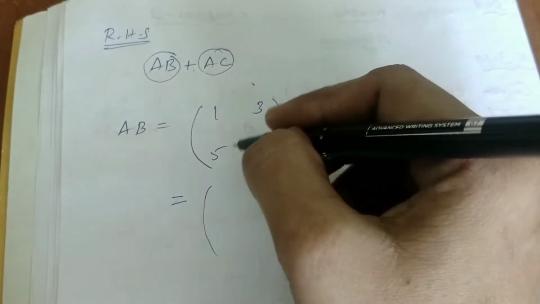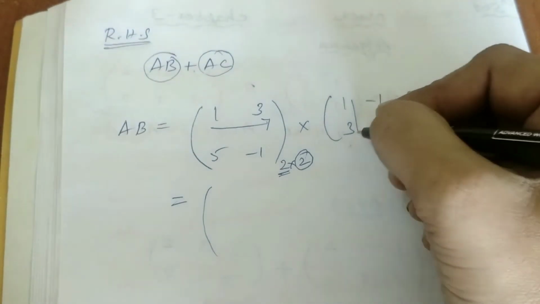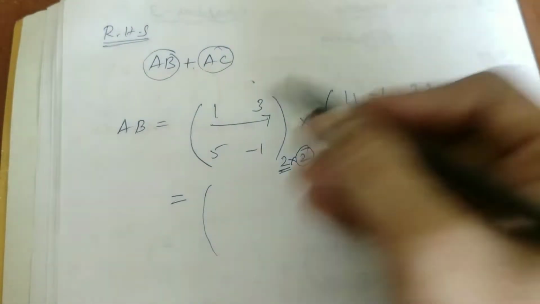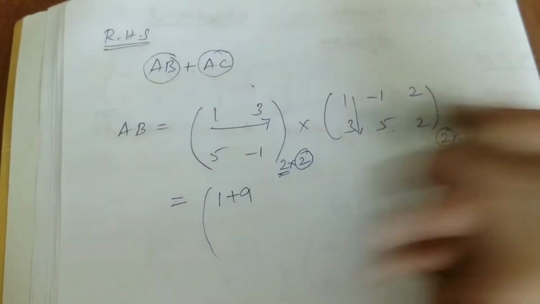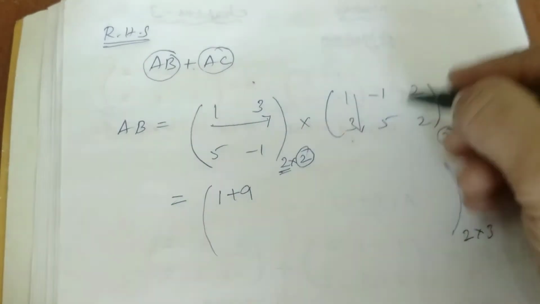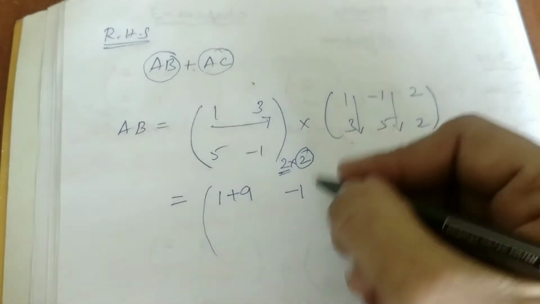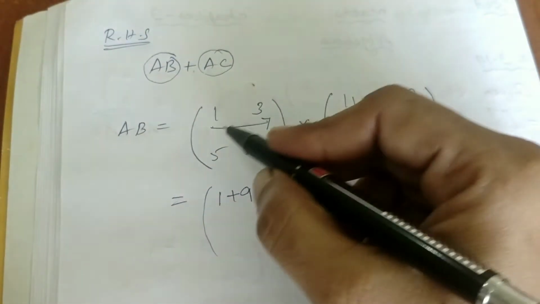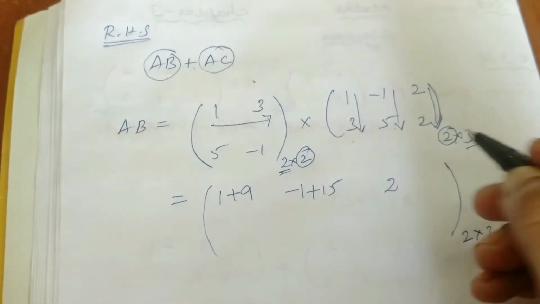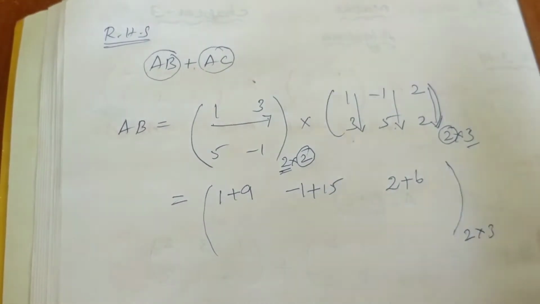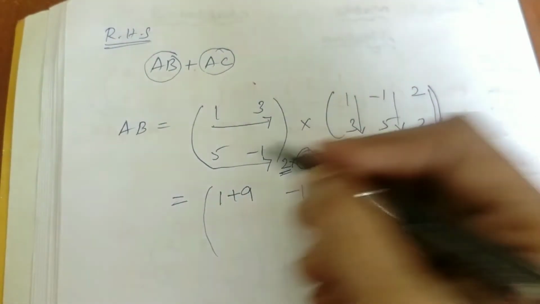Now, we are going to multiply these 2 matrices. Take first row and first column, that is your first entry. 1 into 1, 1, 3 into 3, 9, so plus 9. And then multiply this first row by second column, 1 into minus 1, minus 1, 3 5s are plus 15. Again multiply this first row by third column, so 1 into 2, 2, 3 2s are 6, plus 6. That's all. And then take second row in the matrix A.